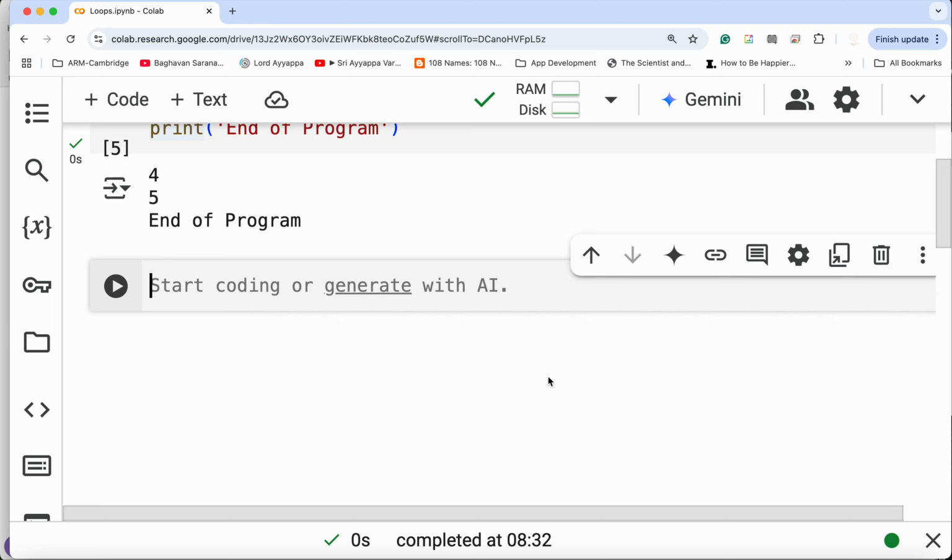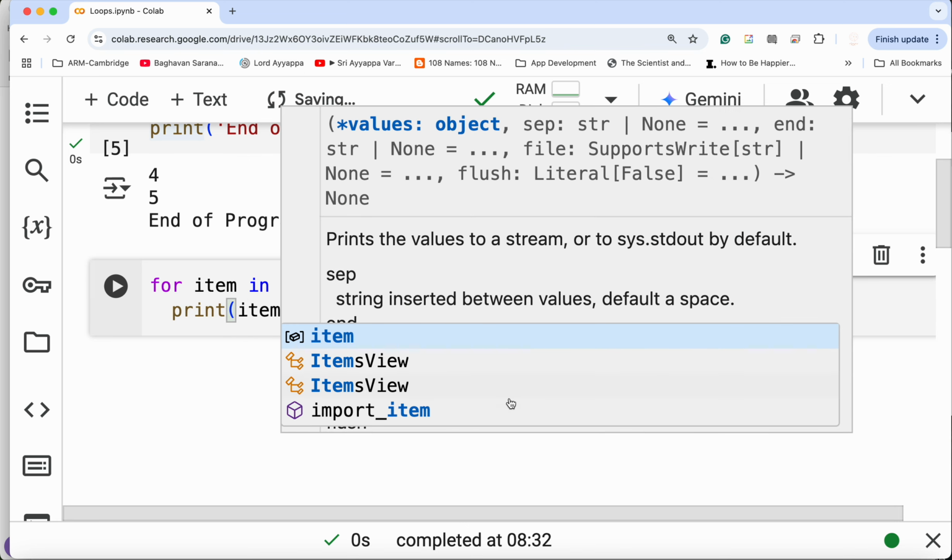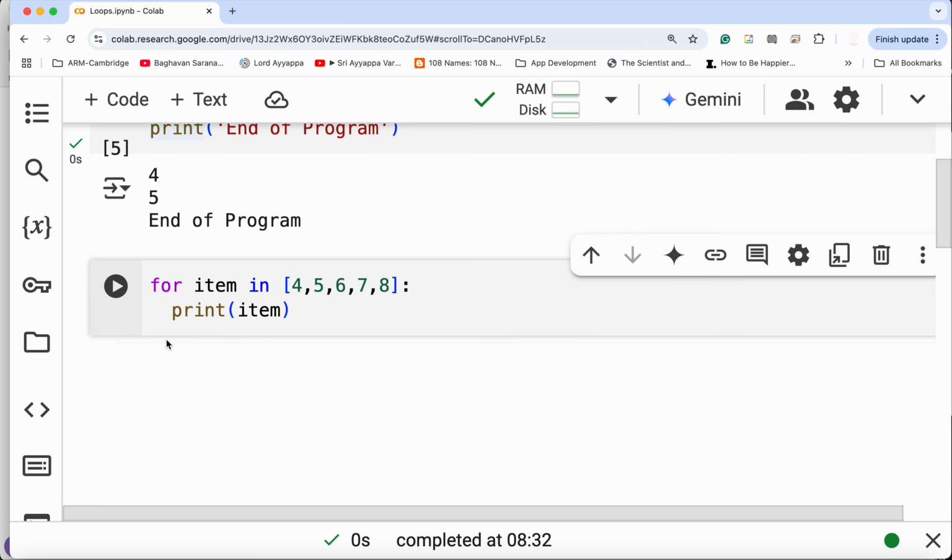For example, I can say for item in, let's say, 4 5 6 7 8, print item. Now, what does this code do? When I write a for loop, for item in this list, what the for loop does is it goes through each element or each item inside this list one by one, and for each iteration of the loop I assign the corresponding element to this variable called item,